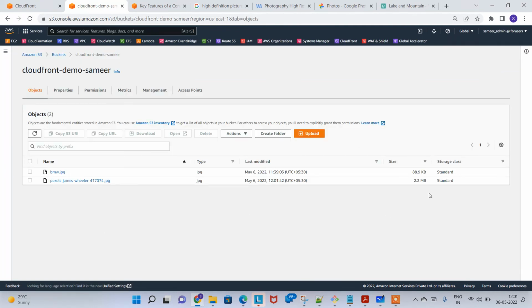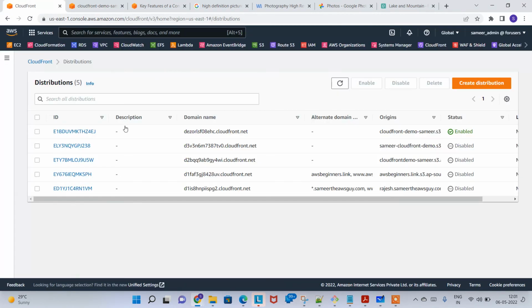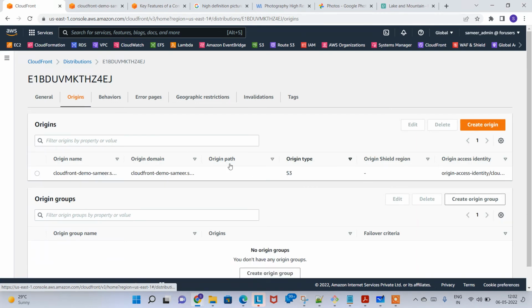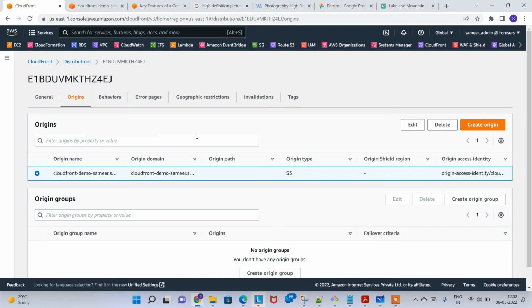So what I'm doing is, the earlier file which I downloaded, BMW, is 88.9 KB, but the one which I did right now is 2.2 MB. Now if you go to my CloudFront distribution, if you click on this, okay, so if you remember, I did it index. I mean, if you click on origins here, and then click on origin name, and then click on edit,